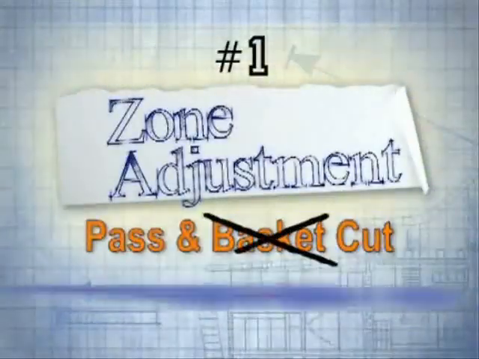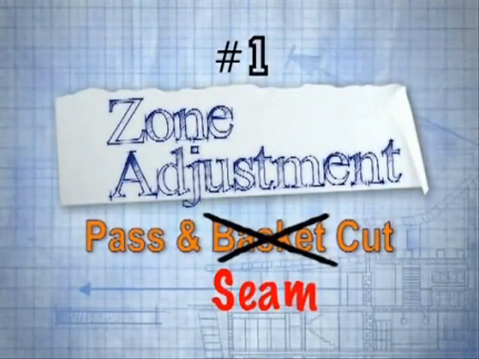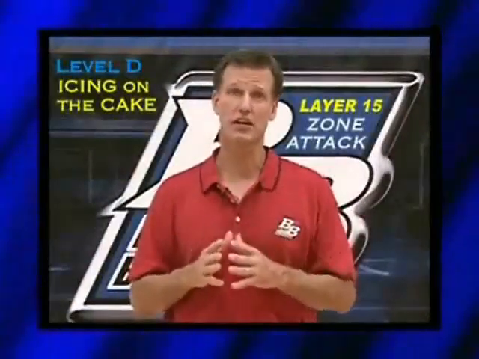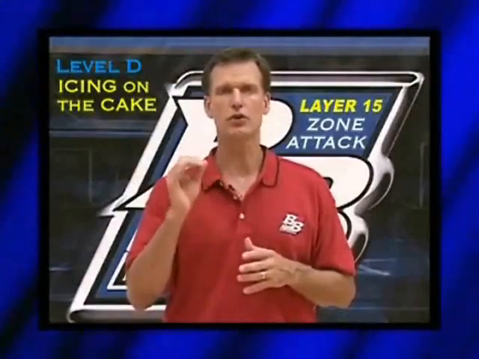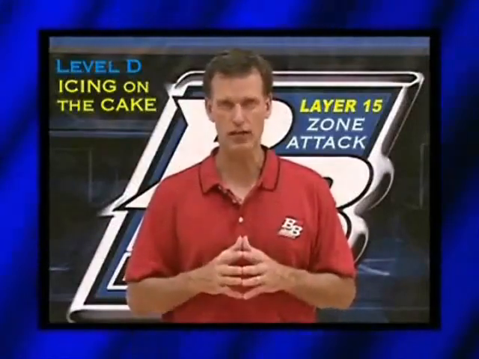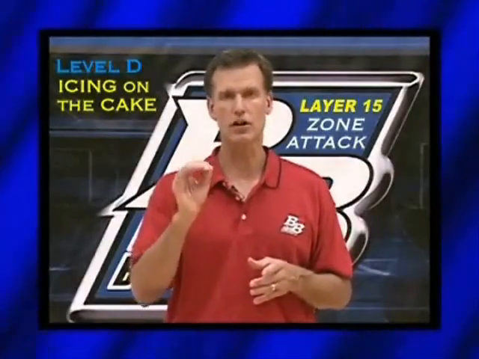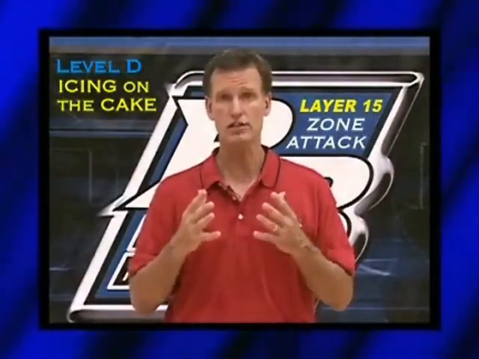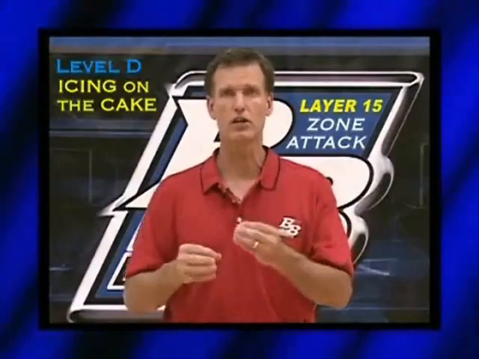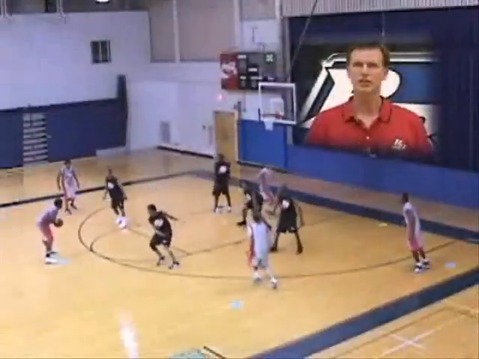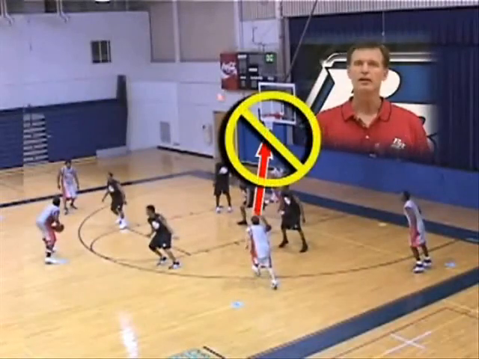Zone adjustment number 1, pass and seam cut. The first adjustment to make involves our pass and cut habits. The zone is going to take away almost any chance for a layup from a simple give and go. However, zones have cracks and holes in their seams. Our adjustment is to change the basket cut to a seam cut. In other words, when you pass and cut, don't stick your head under the basket. Instead,